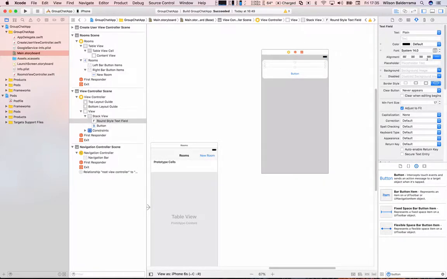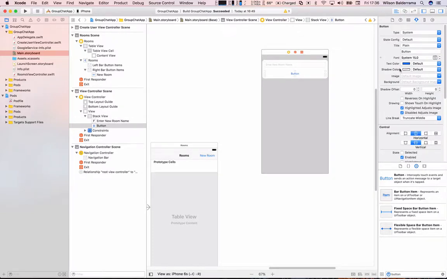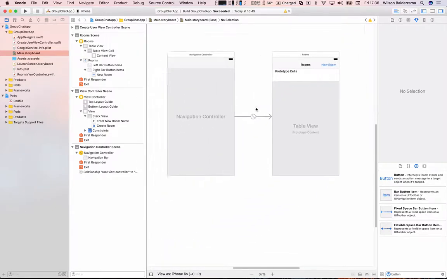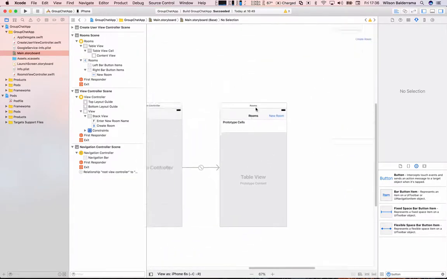Okay, and here in placeholder, enter new room name, and here create room. Okay, so